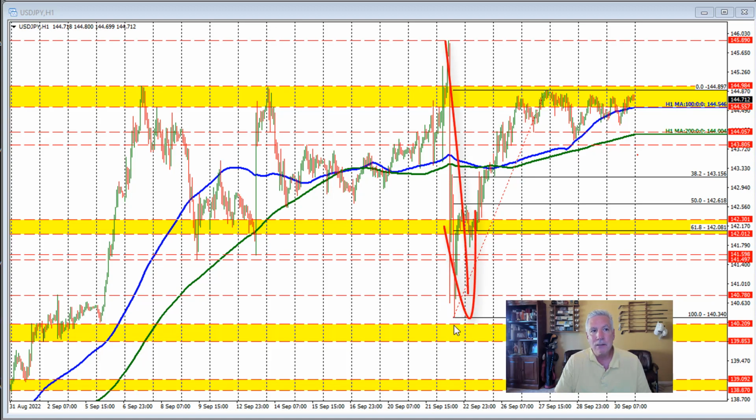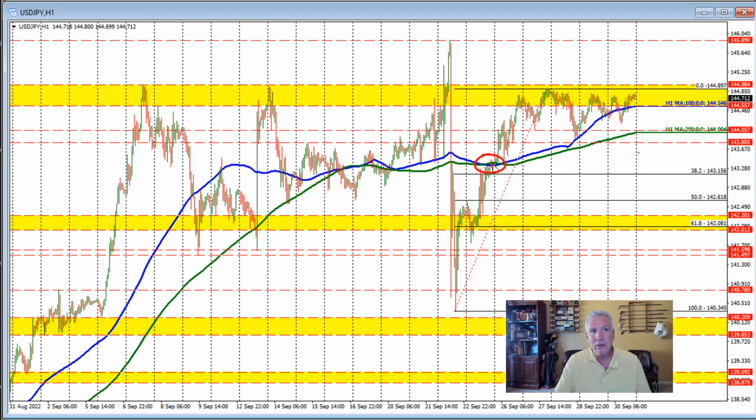And since that time, the price has been building to the upside. We closed last Friday right here. So a week ago, we were talking about, hey, what needs to happen to get this pair either higher or lower? And this 100 and 200 hour moving average was going to be the barometer for either more bullish or more bearish. And as you can see on Monday's trade, the market started to base against the moving averages and move to the upside. However, the trading range for the week was fairly narrow in between here, at least relatively,